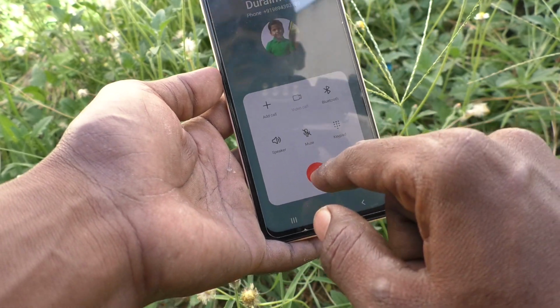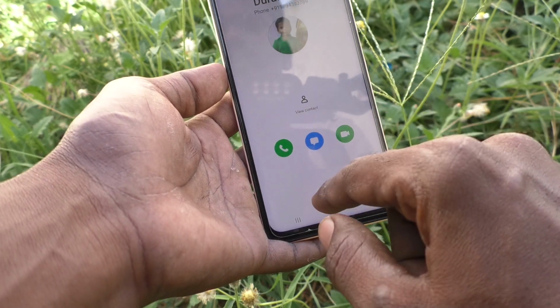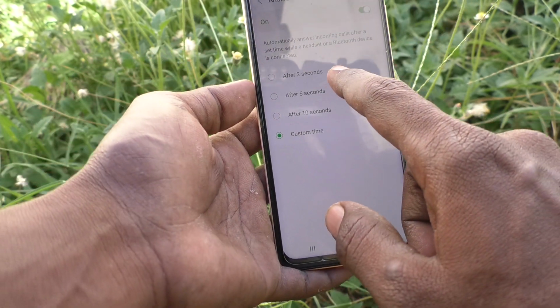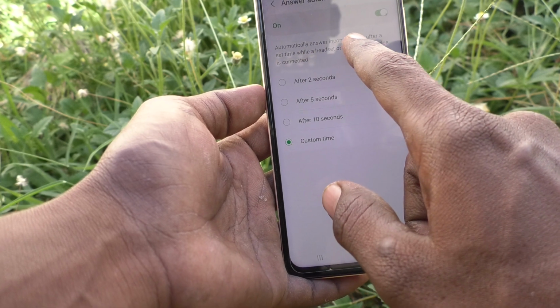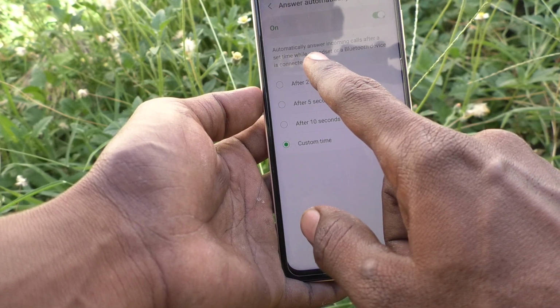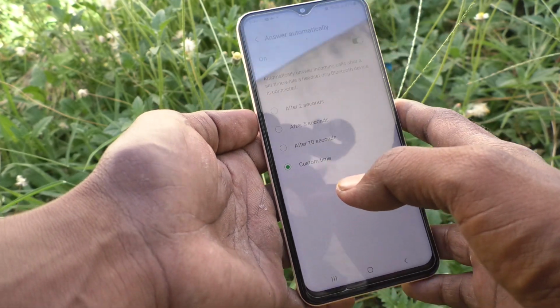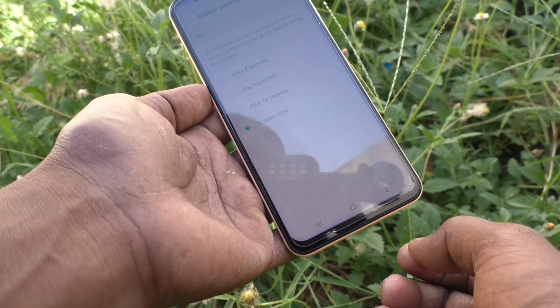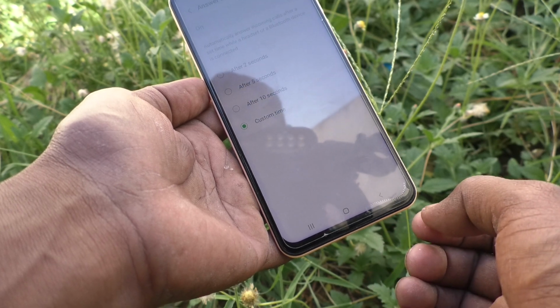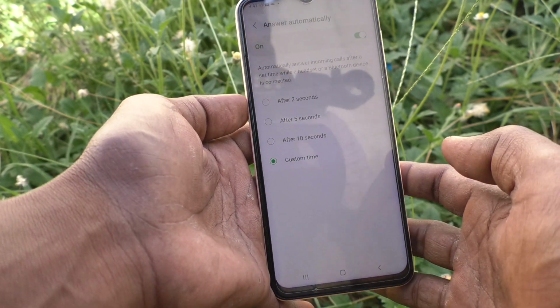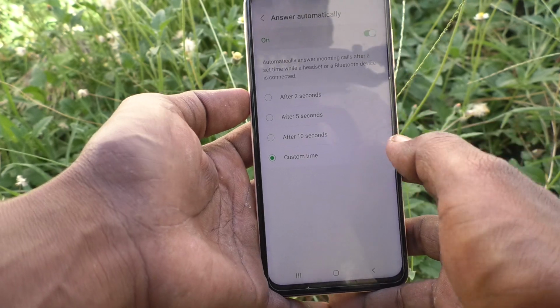But it's not working. Automatically answer calls after a set time while a headset or Bluetooth device is connected. So what you have to do is you have to use a Bluetooth device or a headset. Okay, so here I don't have any Bluetooth device. It will attend